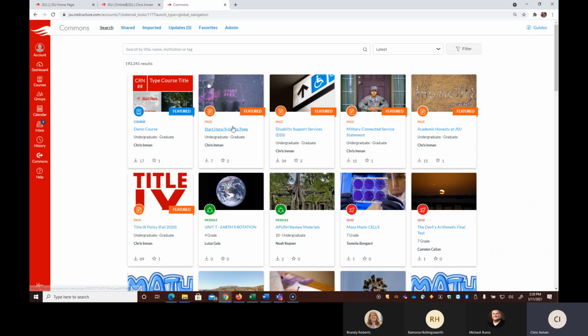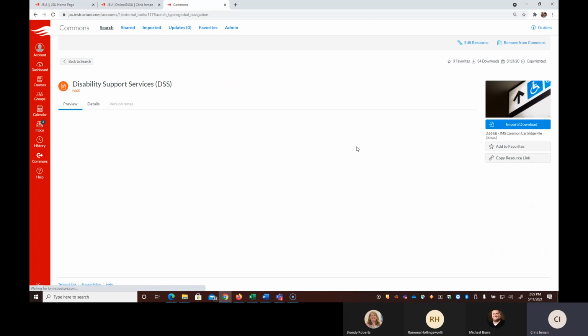Start here, syllabus page, DSS statement, military connected statement. So all of these policies, by the way, you shouldn't have to include those in your course because they are in the JSU course template by default now. So you don't need these, but let's say you did want these imported into your course, you would just go to, you could go here,